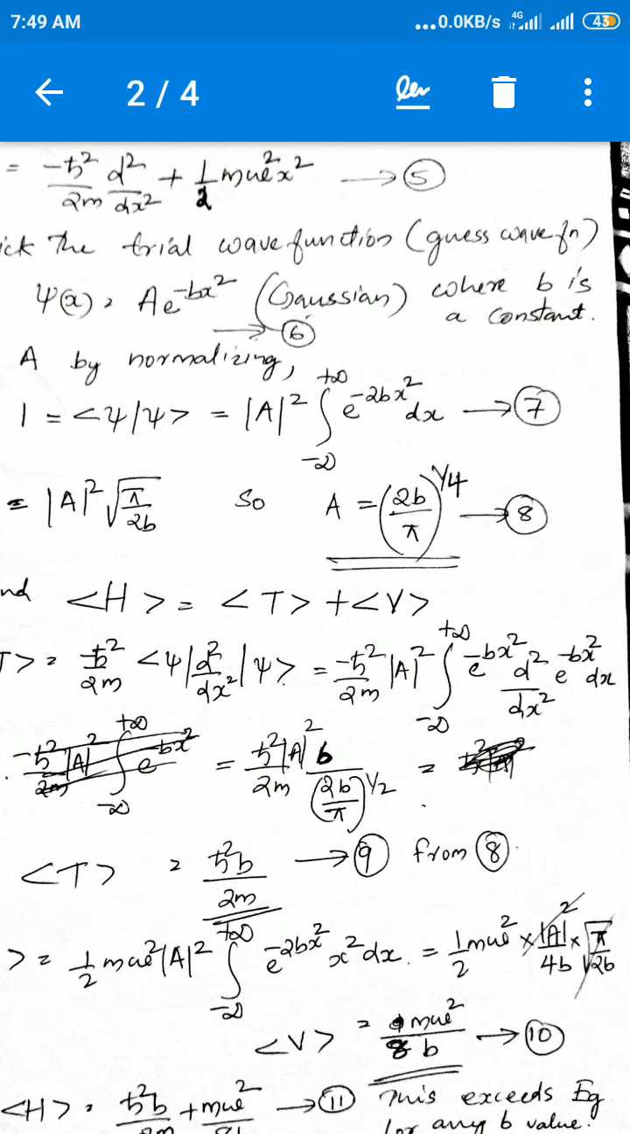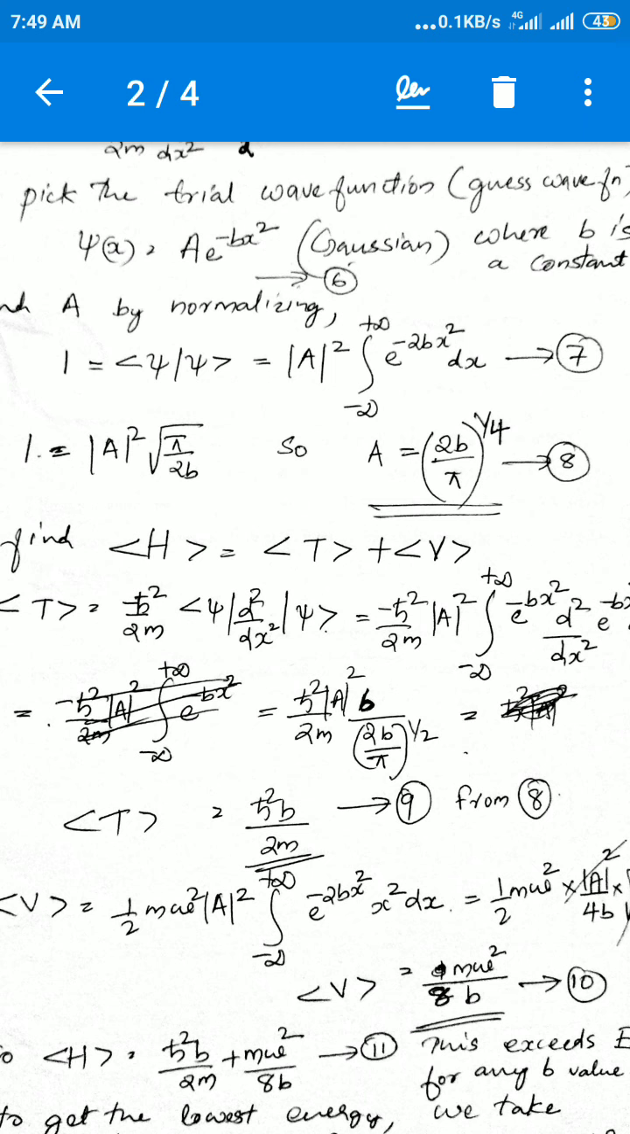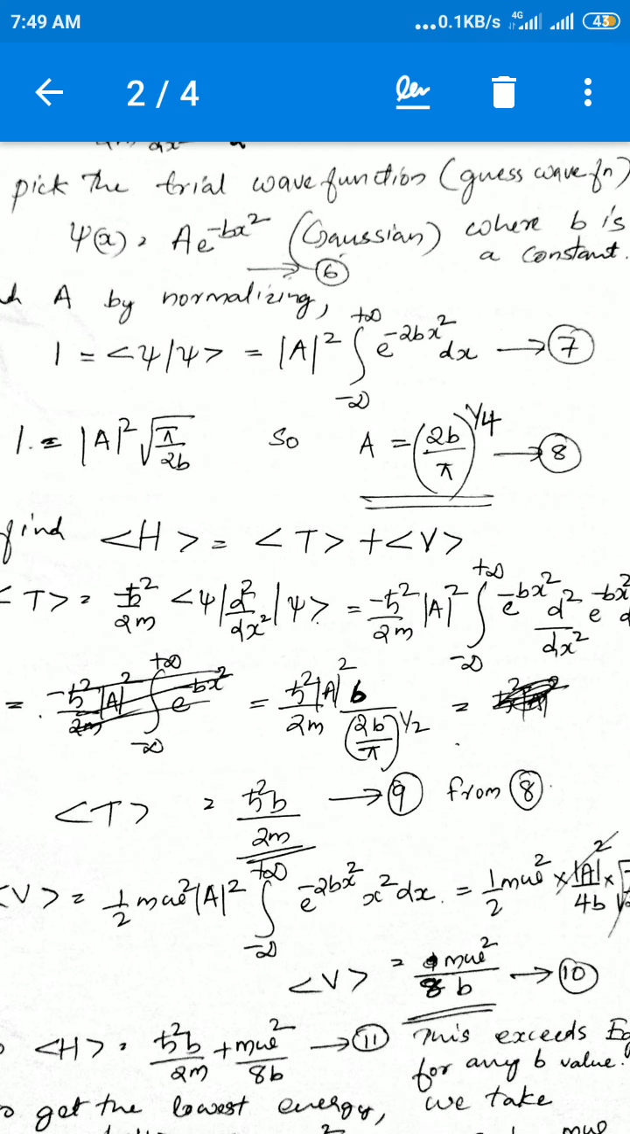It should be minus b root of pi by 2b. So after substituting that, you will get h cut square by 2m modulus a square b into root of 2b by pi. We know that modulus a square is square root of 2b by pi, so that we can cancel each other. Modulus a square from the numerator and square root of 2b by pi in the denominator will get cancelled, and